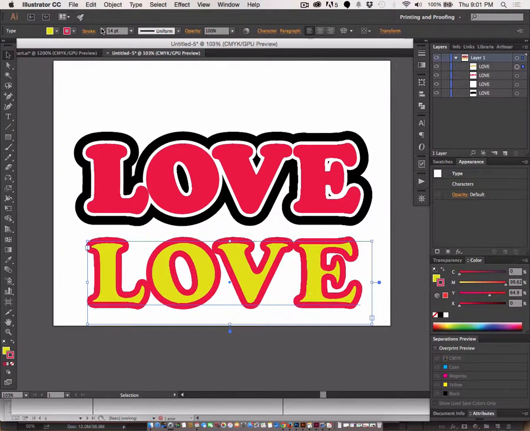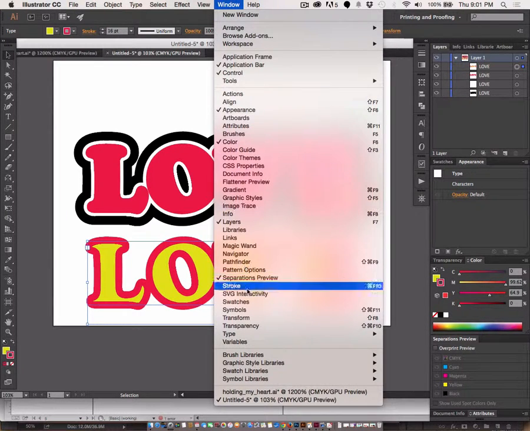See what it's doing to the E? But you can put the stroke outside. You could, but I still think it always looks a little bit odd. So if I go to the window and I go to the stroke panel,